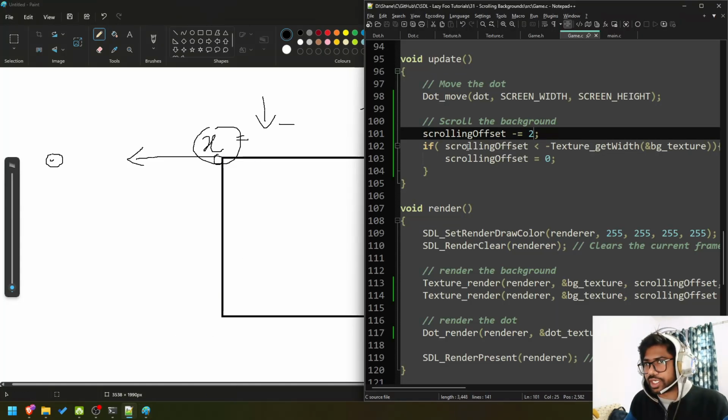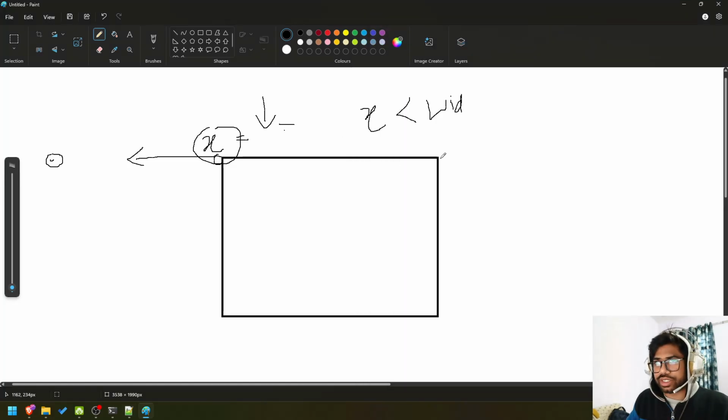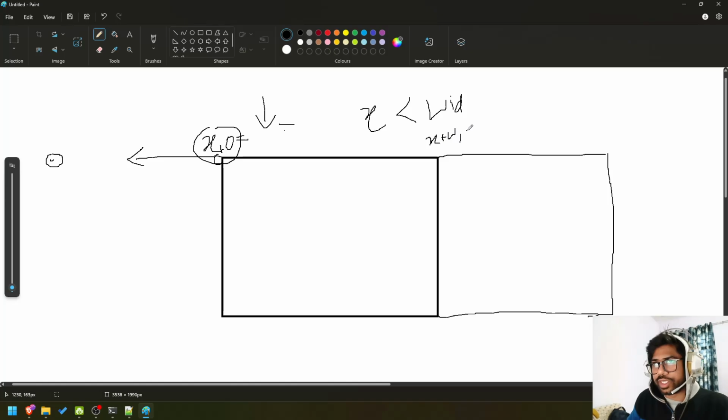That's exactly what we are checking here. If scrolling offset is less than the width, then we reset it, and we are rendering two rectangles here, one at position x comma 0 and one at position x plus width comma 0. Since both of the x are getting updated,